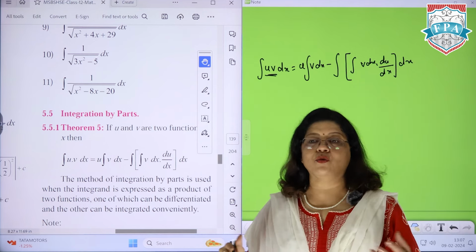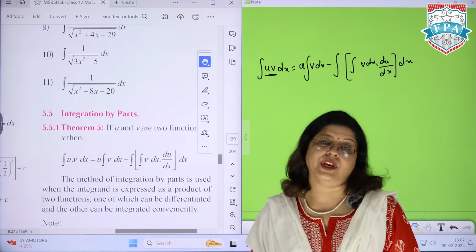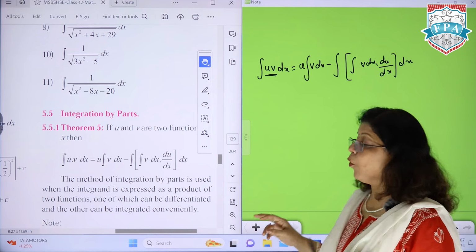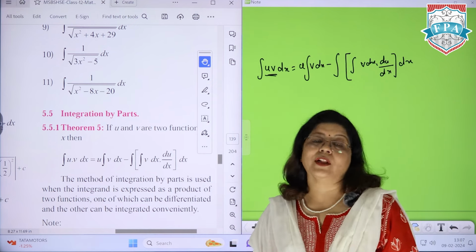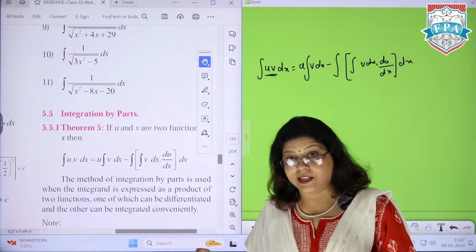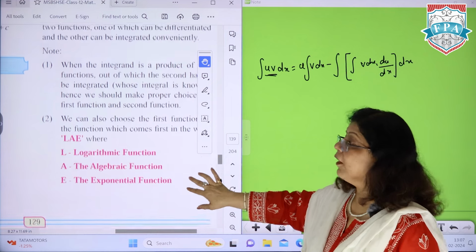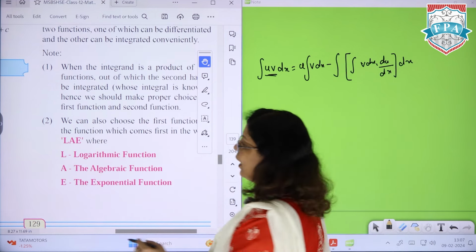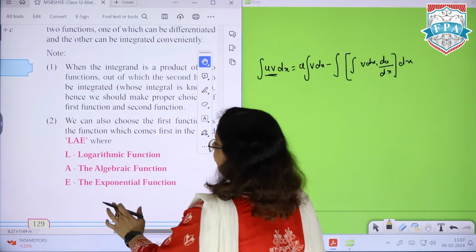It can't be like 3 into 2 is 2 into 3. यहाँ पे हमारी एक preference होगी that what should be your U, what should be your V. In general जो rule है उसको हम लोग या तो लियाटे और आइलेट से लेते हैं, but because आपके पोर्शन में ट्रिगो नहीं है, तो यहाँ पे जो आपका रूल आएगा that is LAE, which is actually equal to L